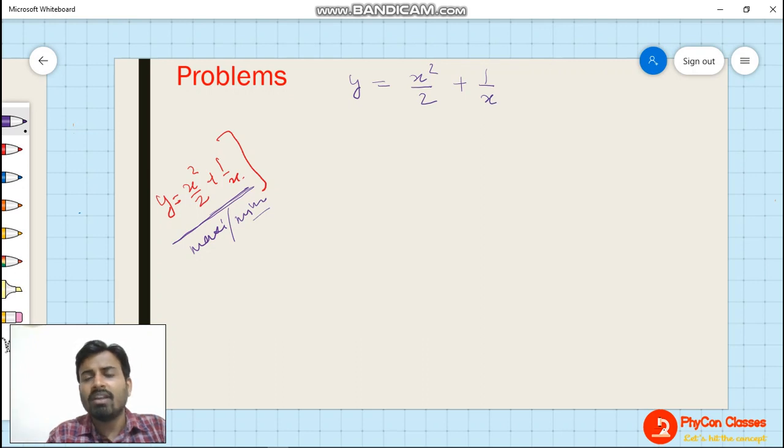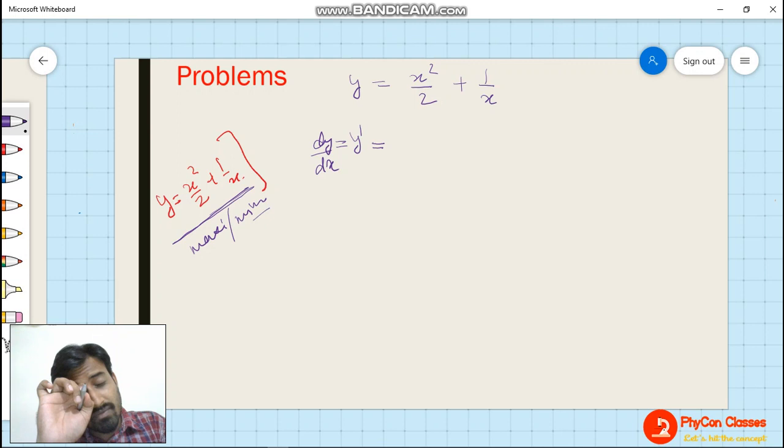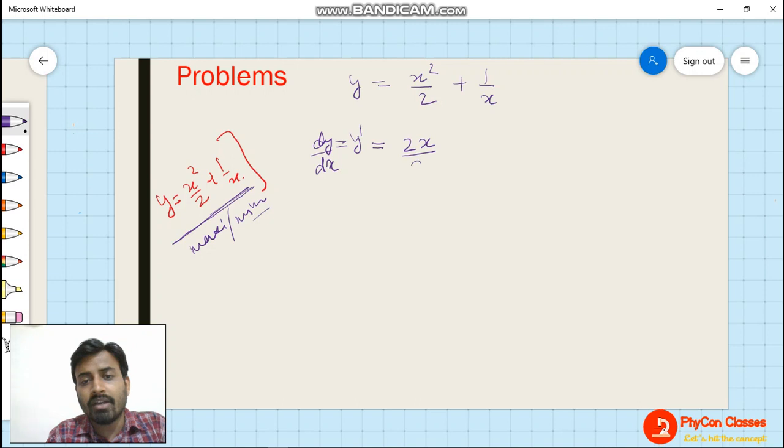So dy by dx will be, for any maxima or minima, we need to find dy by dx and equate it to 0 so that we can find the value of x where we get either maxima or minima. Whether that point is maxima or minima depends on the second derivative. Now y dash, or dy by dx, is equal to, for x square, the differentiation is 2x, so 2x divided by 2, plus, for 1 by x,